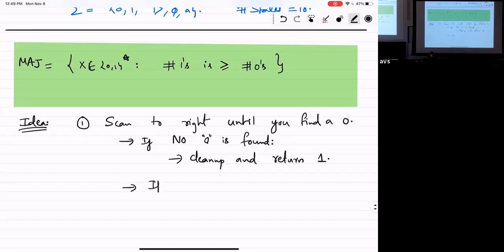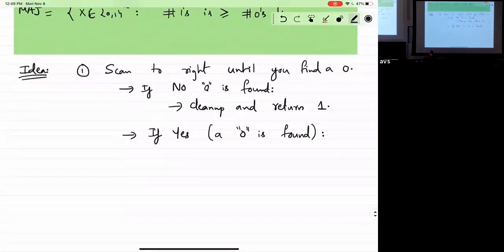If you found a 0, what should you do? Well, as suggested, if I found a 0, then I have to look for 1 in my input, right? Because if I don't find a matching 1, that means there are more zeros than ones. So we say mark the 0 as seen.